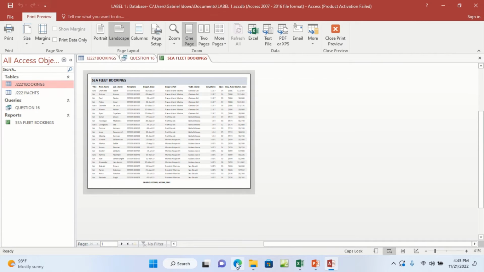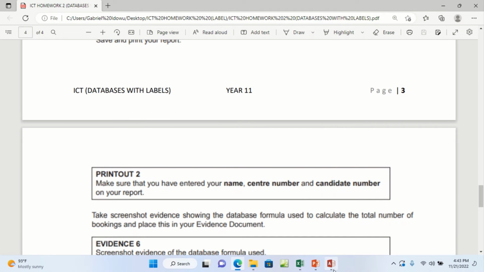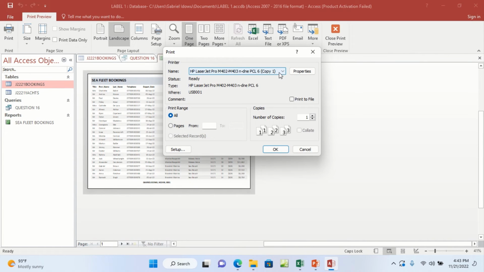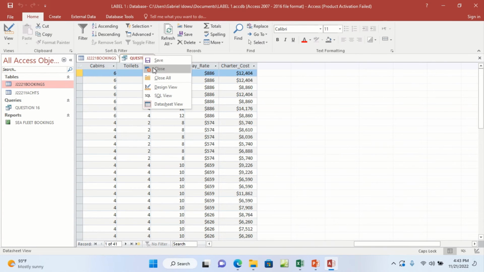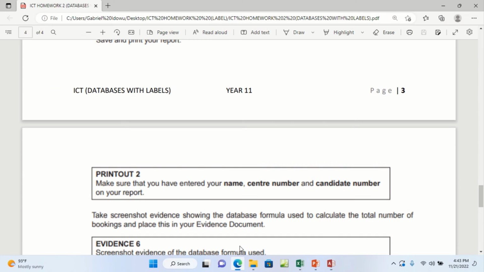So the next instruction, let's see: save and print your report. To save, you just right click it here and go to print and pick the printer that is installed on your computer, then you click OK. And that is that. Okay, the next instruction. I may decide to close this since I'm done with it. All right, so the next instruction says